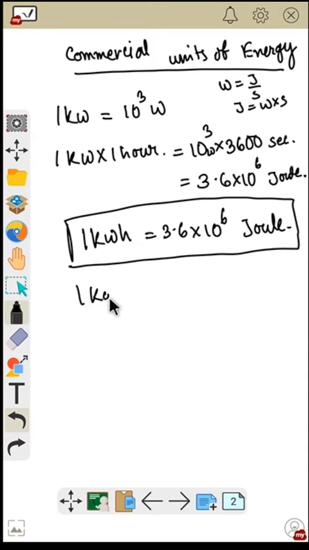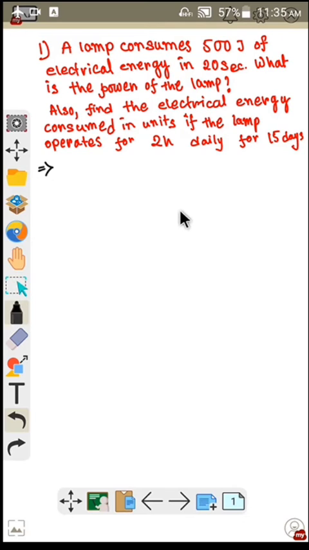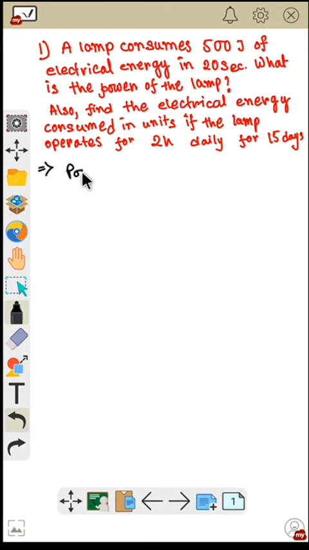This 1 kilowatt hour is also called 1 unit of electric energy. Now students, here you can see this is a numerical, so now you have to solve that. So what is the question? The question is, a lamp consumes 500 joule of electrical energy in 20 seconds. What is the power? So the power formula we know, that is power equal to energy consumed